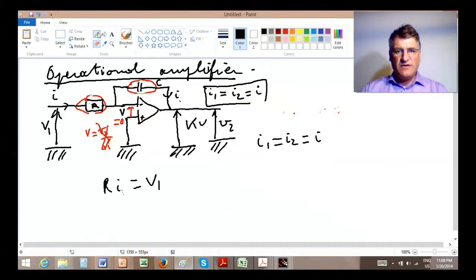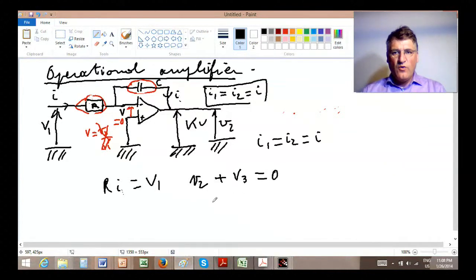The other relationship that we have is that V2, that voltage, plus that voltage must be equal to 0. So V2 plus, what is that voltage? Well, that voltage we'll call V3, must be equal to 0, where